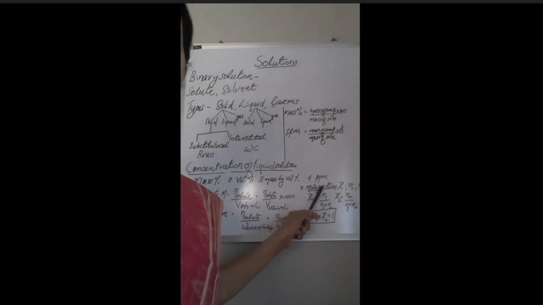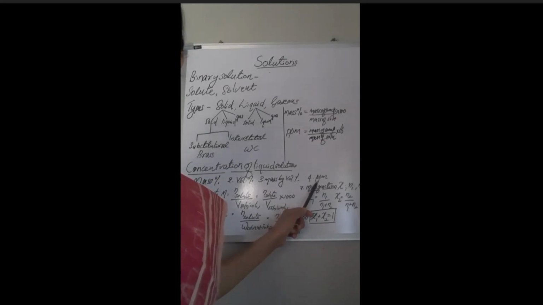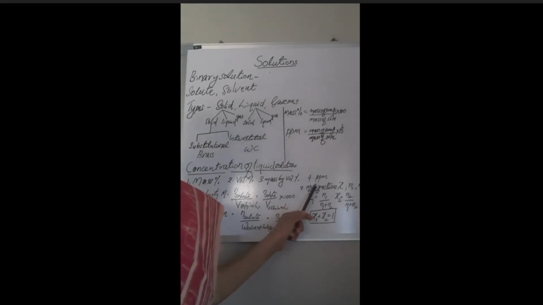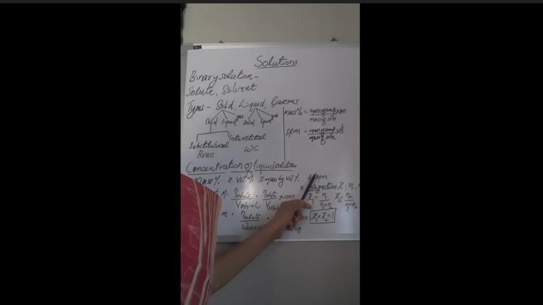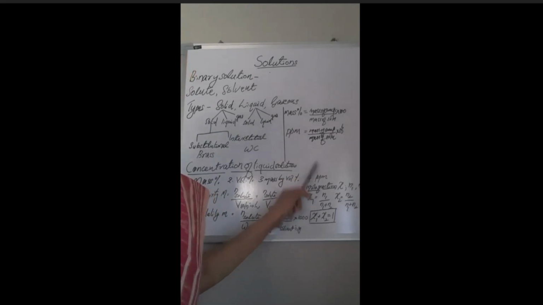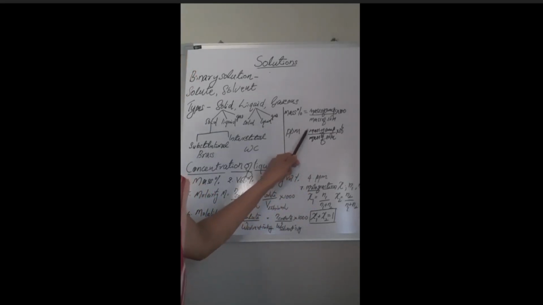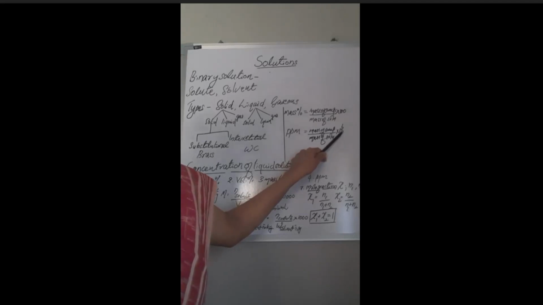That is, we consider 1 million parts by mass or by volume of the solution, and how many parts by volume or mass of the component are present in that is ppm. That is, ppm is the mass of the component divided by the mass of the solution, into 10 raised to 6,